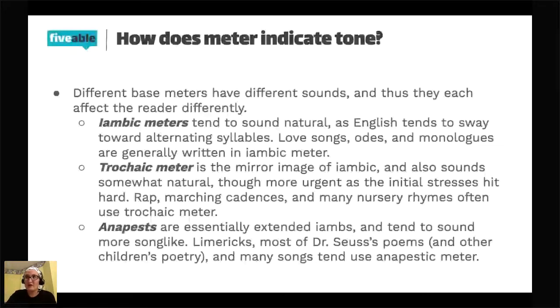And sometimes the meter doesn't go perfectly. Sometimes there is something that takes it off. So that's again the change there. So hopefully that's helpful. I absolutely agree. It is hard to hear a meter when you're not reading it out loud. Language is meant to be spoken. So hopefully that was also answered.